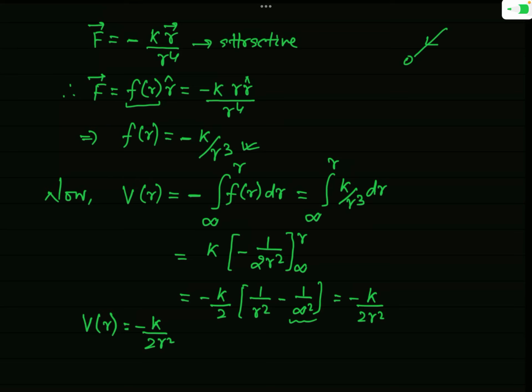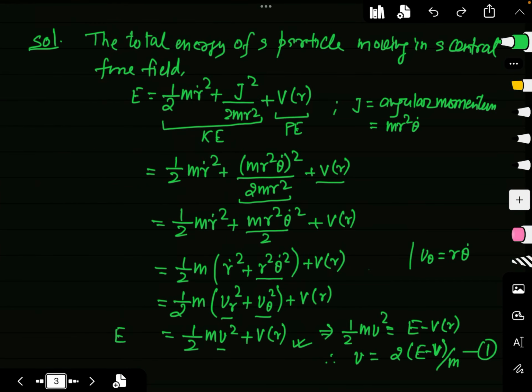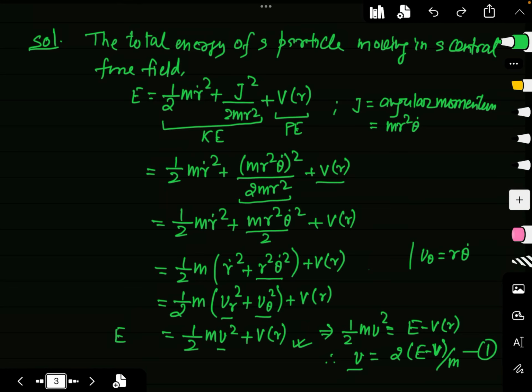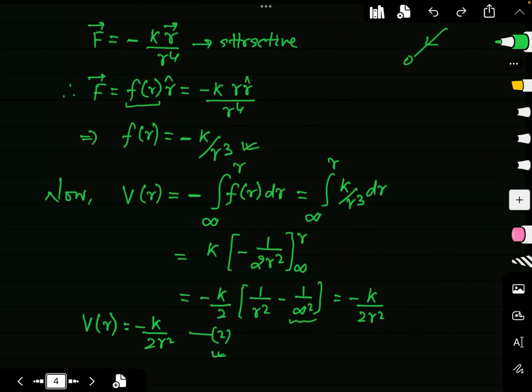Okay? Now substitute this value of V of r, which you have obtained here, in this equation which we have obtained for the speed v of the particle. Okay, so this is v equal to the square root of 2 times E minus V over m. Let us substitute this value in this equation. So what will be our result? You can see,